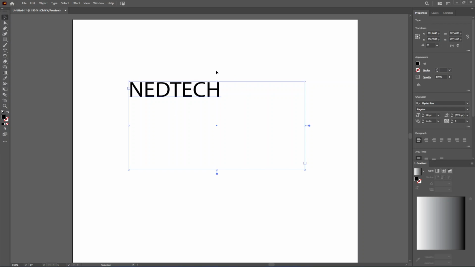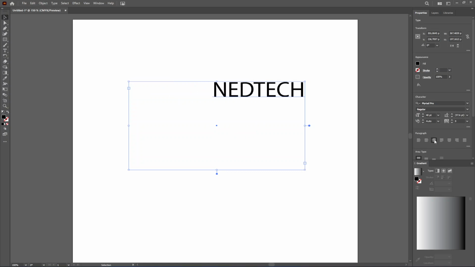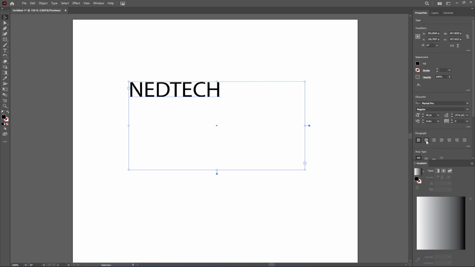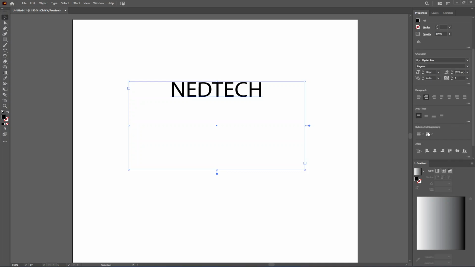So in order to change that, we have to go to the paragraph section first. And as you can see, that can align your text to certain sides of the text box, whether it be left or right or center. This is sort of what we want, but the next thing we got to do is,